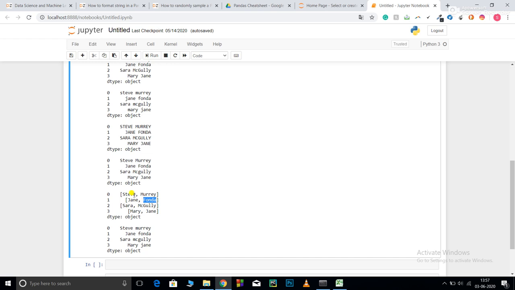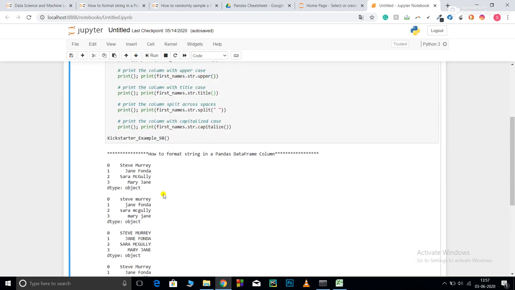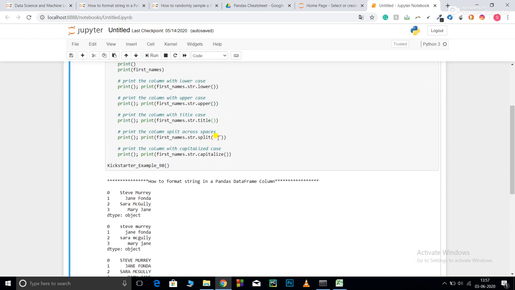Basically it split Steve and Murray. For each string it split it into two parts, wherever it found a space. This is the separator that you need to pass. For example, this means wherever you find a space, you split it. If I reduce this to this,